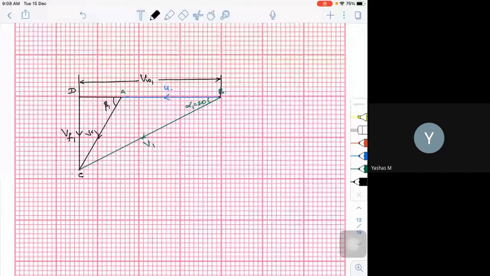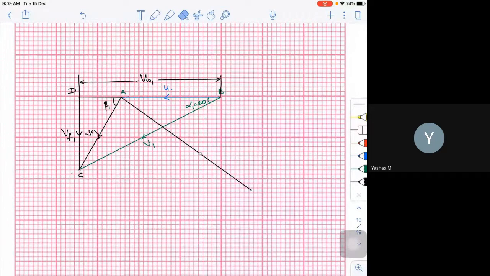Once you measure this beta 1, what is your beta 2? Beta 2 is equal to beta 1 minus 3 degrees. That is 34 minus 3 or 35 minus 3, I'll get 32 or 31. Now with point A, take 32 degrees or 31 degrees and draw a line. Now what is VR2? VR2 is 0.9 times VR1.